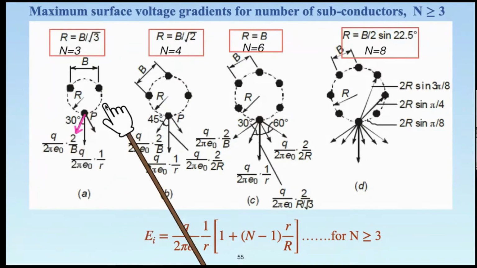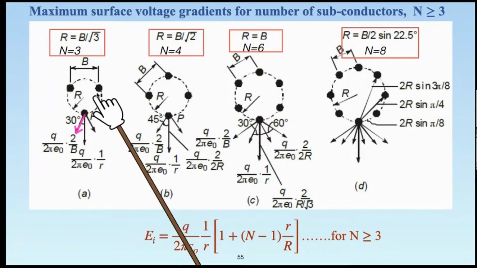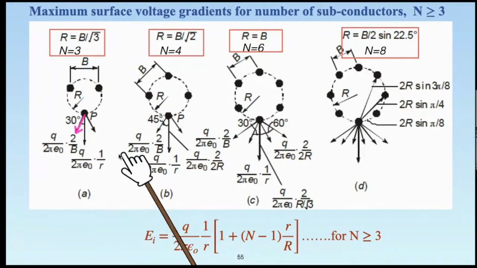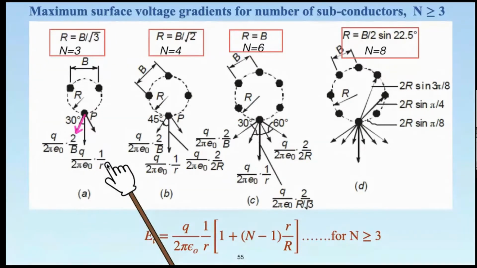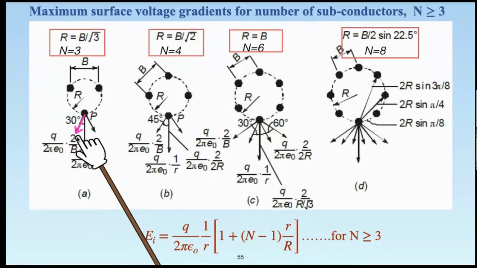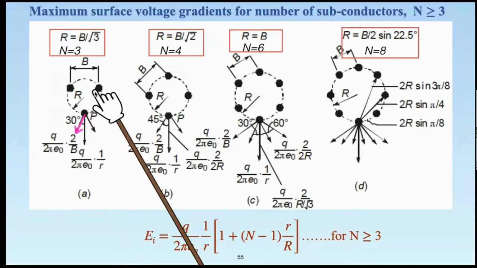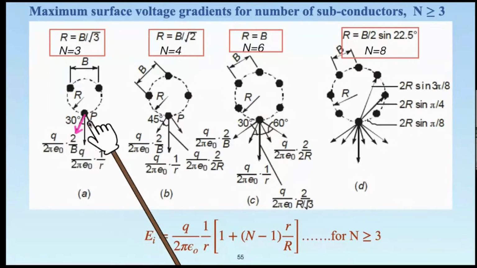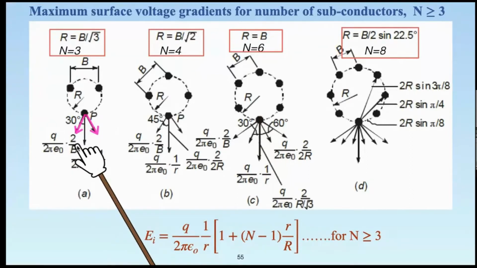It should have been 1 by b, but there is a phenomenon called stress doubling within the bundled conductor. That's why this is 2 by b. Here we are writing 1 by r. This is the electric field due to its own charge. But when we talk about the electric field due to the charge on the other subconductor, stress doubling has been observed. So that is 2 by b instead of 1 by b. And a similar term will result for the component that is visible here. Again, this should be equal to q upon twice pi epsilon 0 times 2 by b.